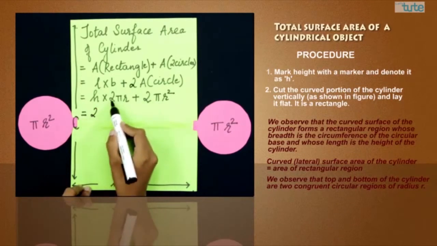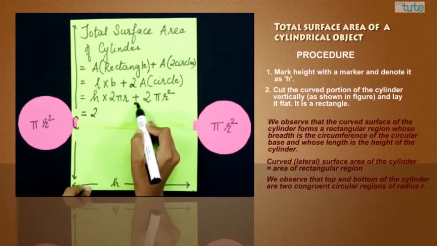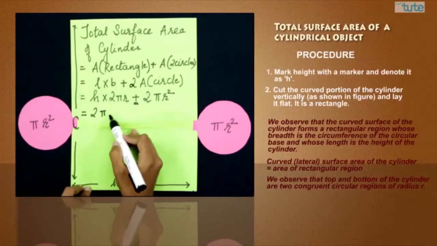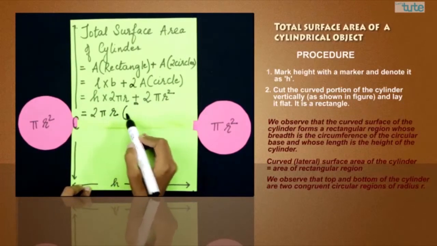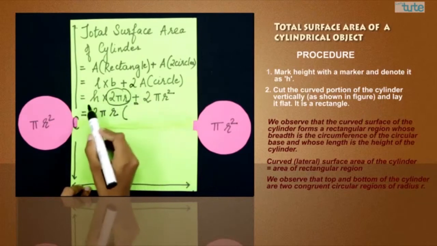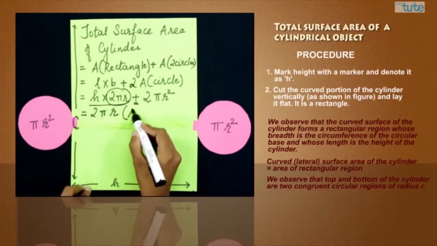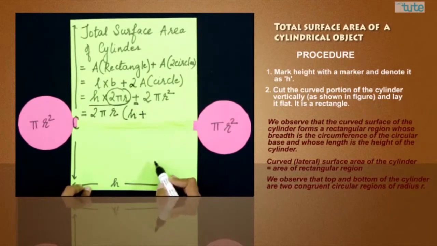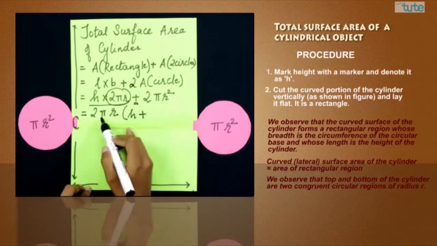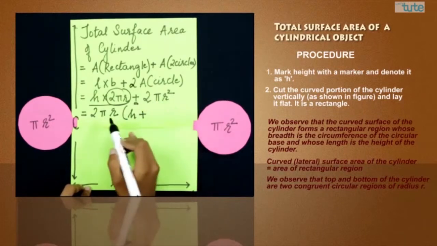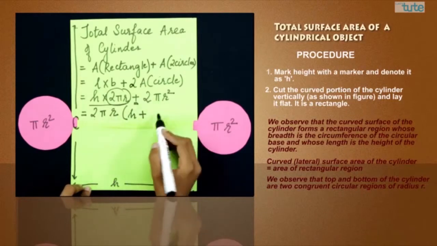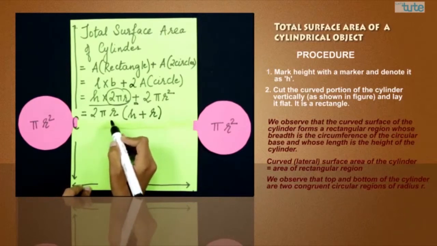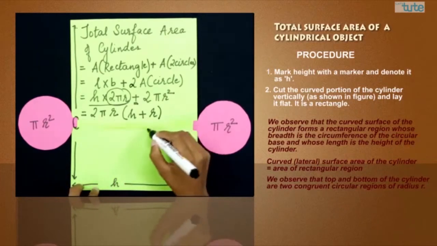We have 2 present in both the terms, before and after the plus sign. We have pi common in both. We also have r common in both. What remains if 2 pi r is removed from the first term? It's h that is remaining. The plus sign is carried forward as it is. 2 is removed out. Pi is removed out. Out of the r square, we have taken r out. So definitely one more r is still pending. This is nothing but the formula to calculate the total surface area of a cylinder.